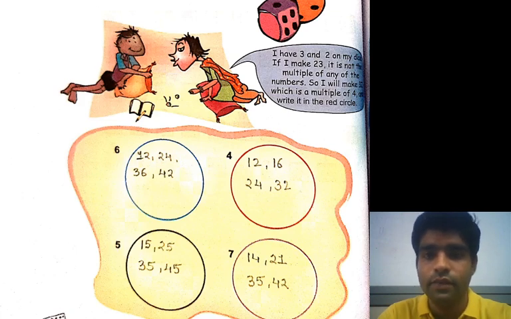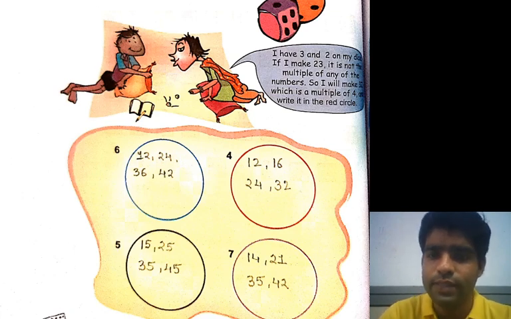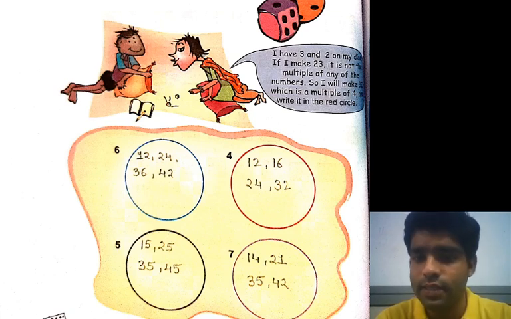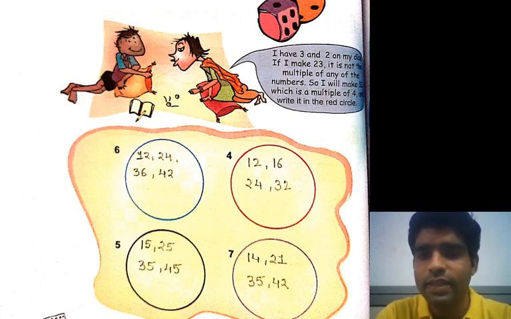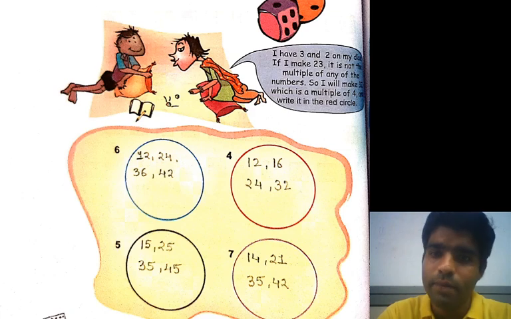Now just see, these are our 4 circles given. Here will be 6, 4, 5 and 7. Now just take the 6. Here we have to write down its multiples: 6 2s are 12, 6 4s are 24, 36, 42. All these 4 numbers are multiples of 6. But these numbers vary from student to student. The numbers are not fixed actually. 12, 24, 36 and 42. Then 18 or 16 can also come. Okay, these numbers can also come. But they are multiples of 6.